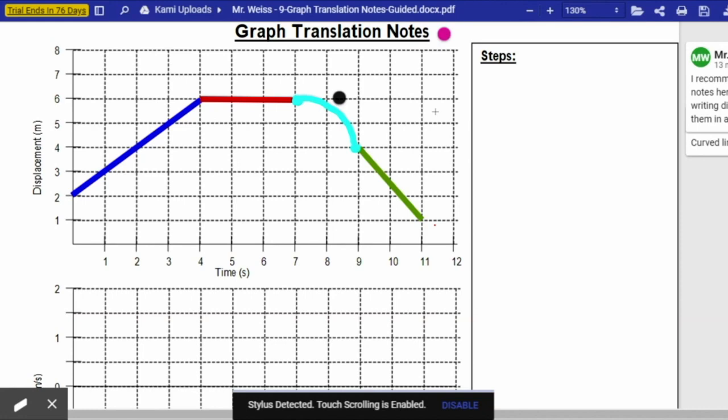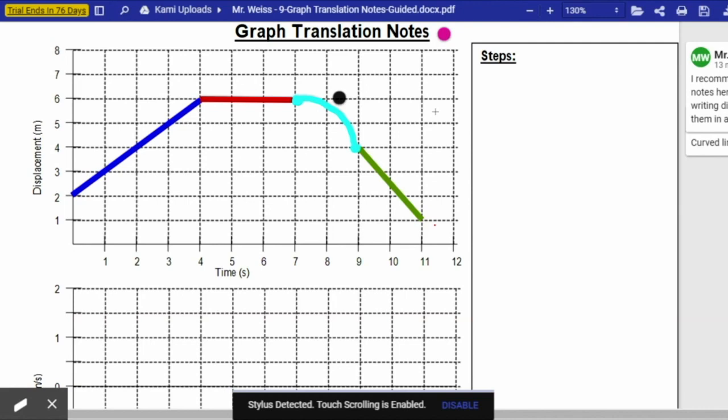Alrighty, let's get started with these graph translation notes. So when we say graph translation notes, what we're really talking about here is looking at a motion graph and using the information in that graph to make another graph. Specifically, the graph that we're going to construct here is a velocity versus time graph. So we're going to take a displacement versus time graph, use the information there, make a velocity versus time graph,